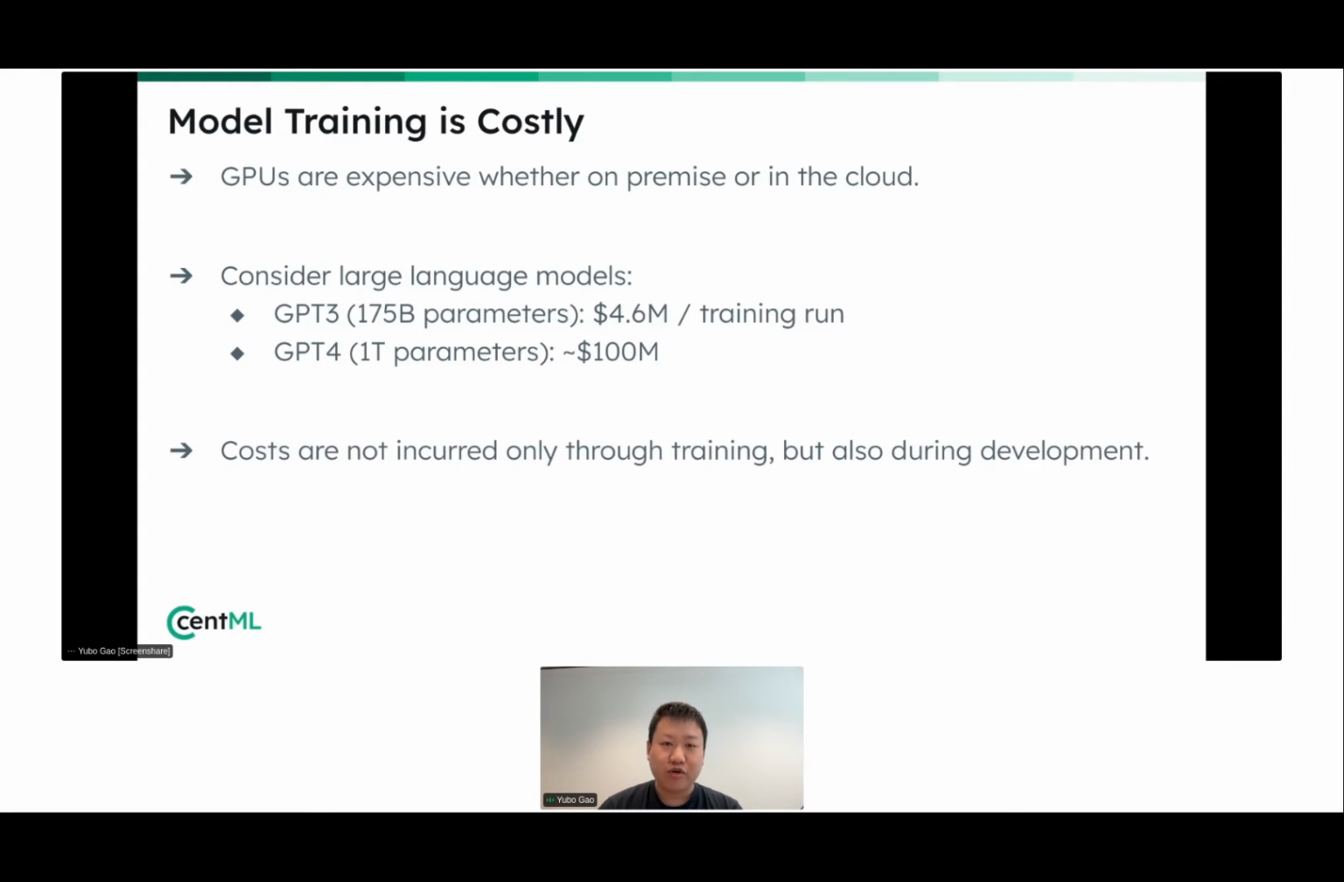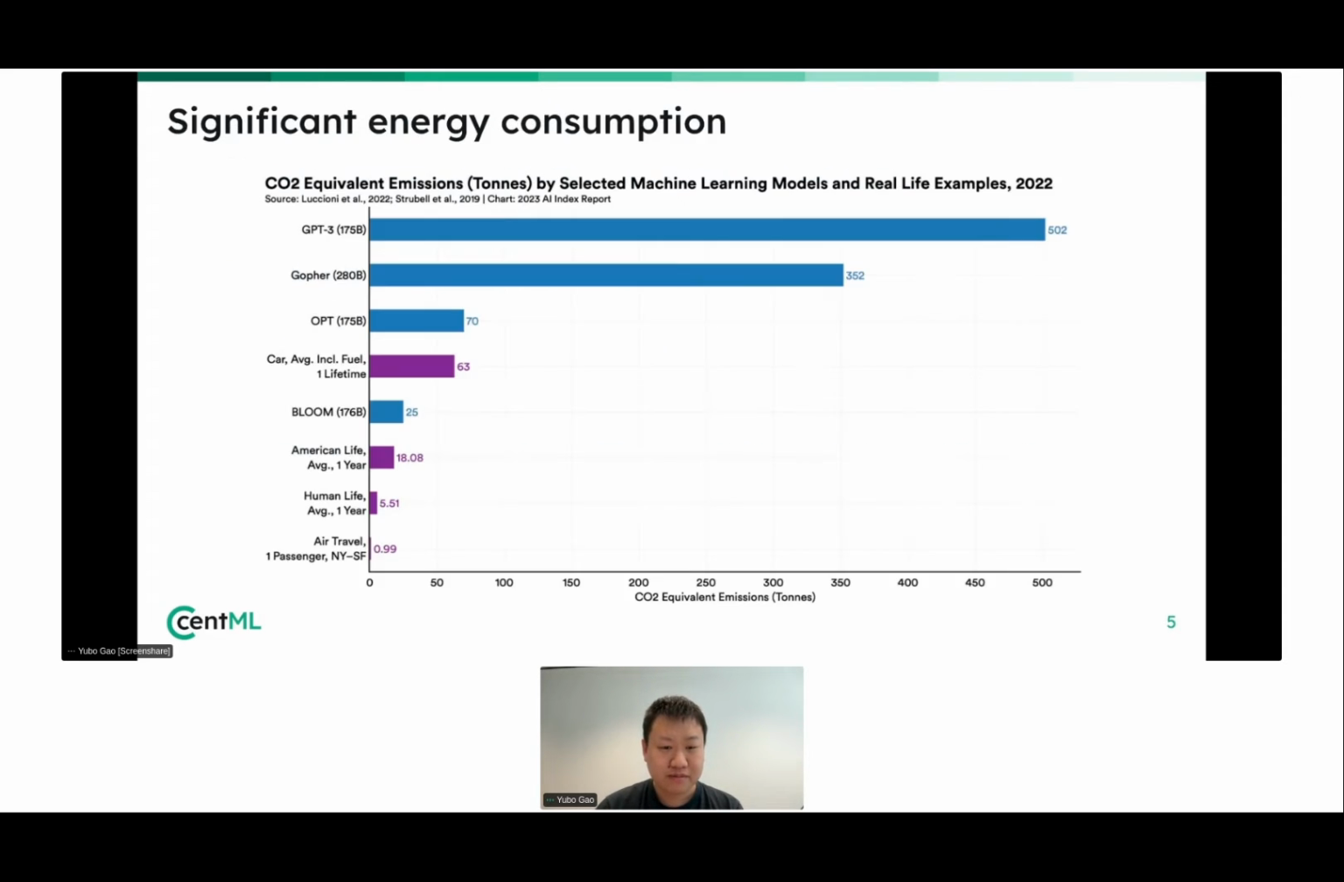It's important to note that this cost doesn't only come from the final training run of the model as you develop the final version, but also during development. People do things like hyperparameter tuning, where you search for the best model during development, and you have a potentially large pool of configurations that you want to test to find the best configuration. And apart from time and cost,